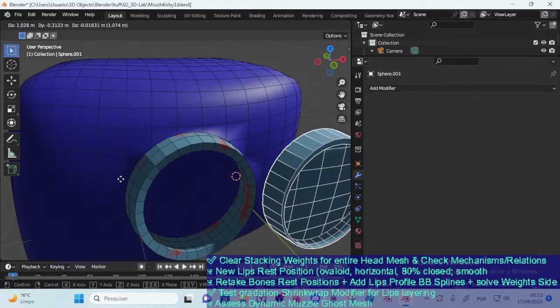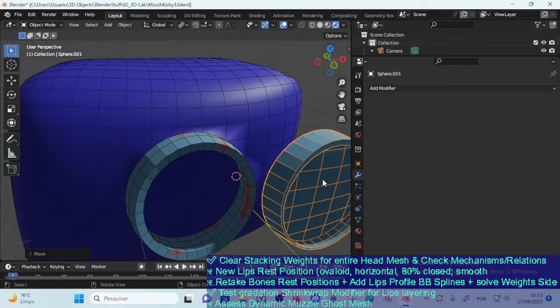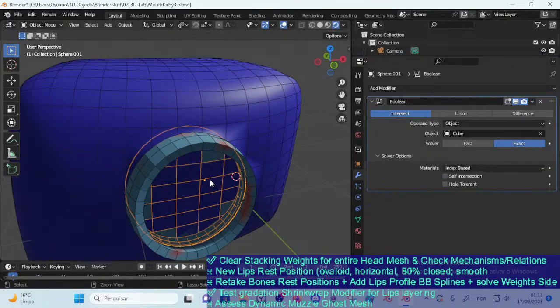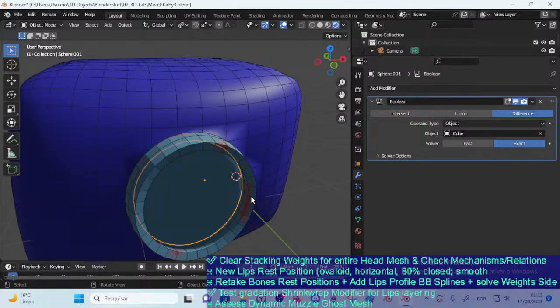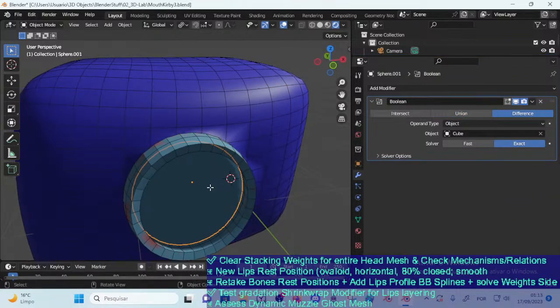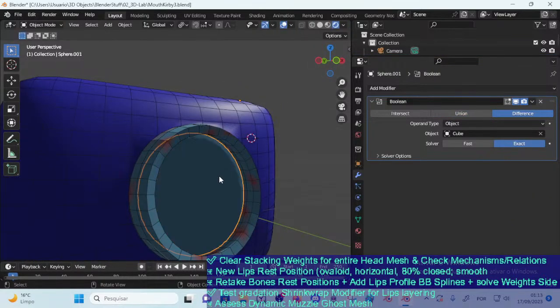We see that affected the mesh there. Oh, I see. Yeah, okay, this makes sense. So it's really, this is interesting. So this means that if I had an object that